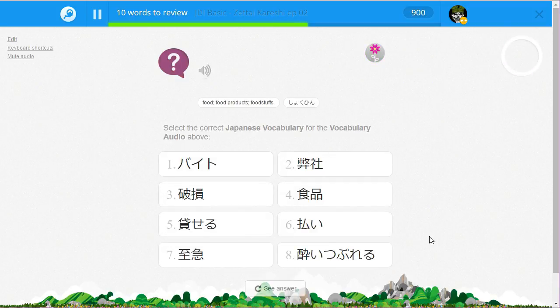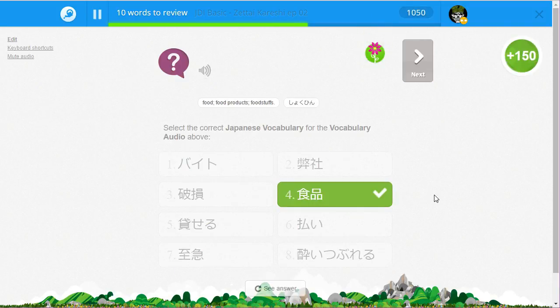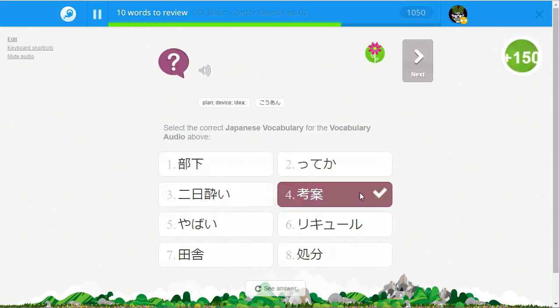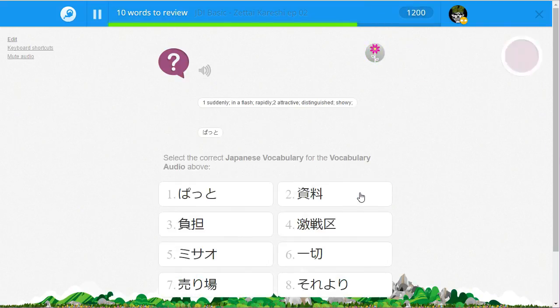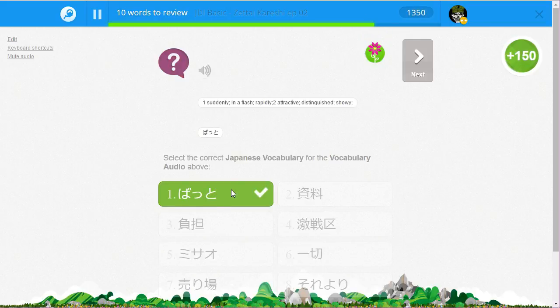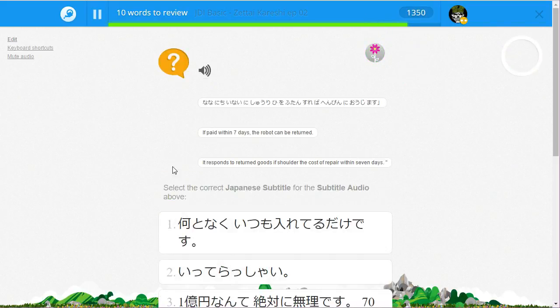食品 食品。一週間食品。 公安 公安。副社長公安。 パッド パッと。パッと。 放送に関しては7日以内に修理費を負担すれば返品に応じます。なんだ、はい。